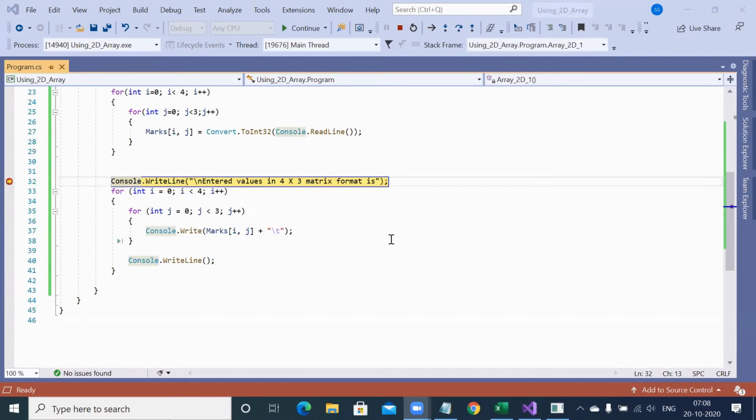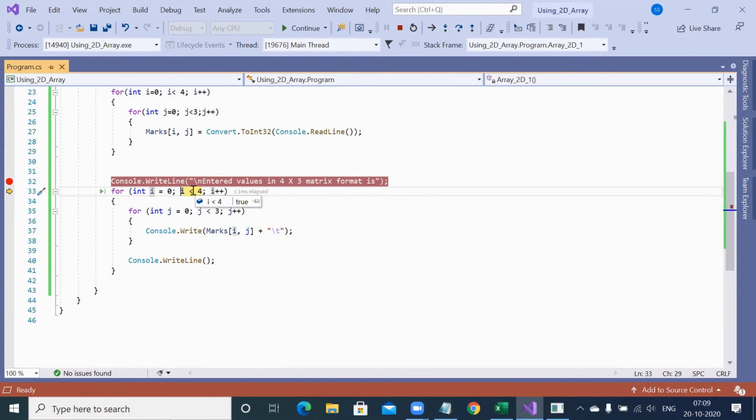As of now, I have just entered the values, but I have not yet fetched and displayed. First it came to the outer loop, I became 0. Then it checked. You just mark that yellow color background. That is the position of the compiler where it is going and executing the program. So it checked, is I less than 4? Answer is true, because I is 0 and really 0 is less than 4. Then it allowed me inside.